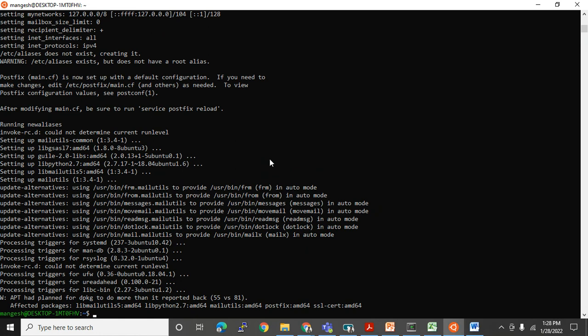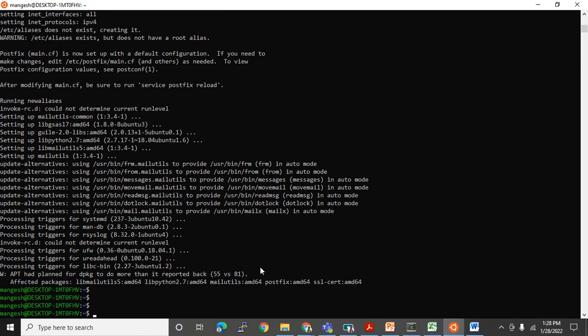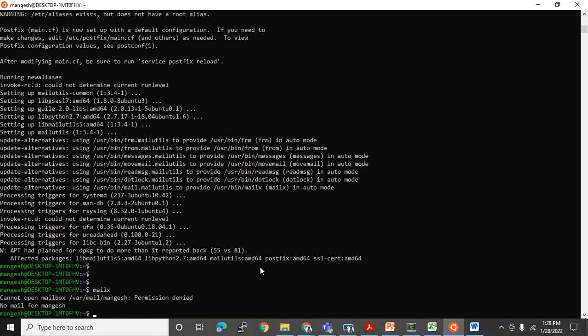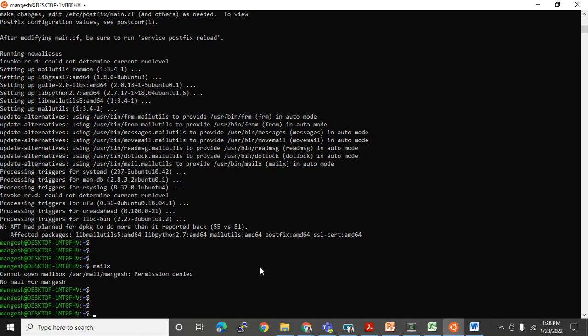Okay guys, I'm back again. It takes some time to install the command because it is taking the package from the website, and then it will install. Now I have successfully installed the mailx command here. Okay, look, there is no email for me. I used the mailx command, and it is showing that permission is denied because we need to assign permissions to this. So I'm assigning sudo chmod 777